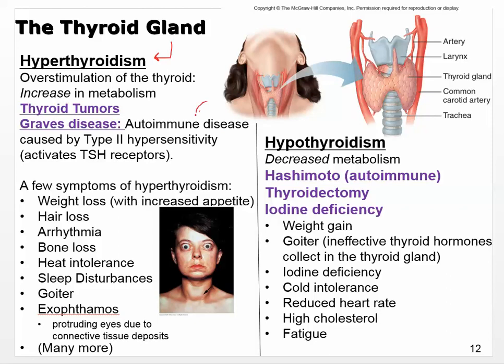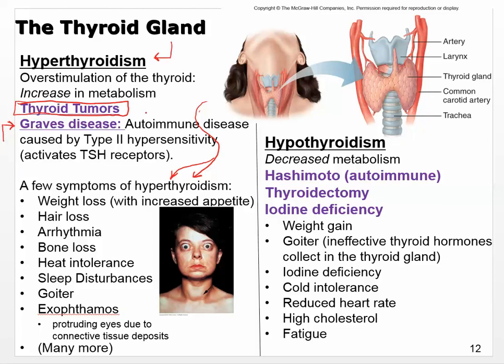Because that's what the manifestation is. The manifestation shows what happens when too much thyroid hormone is released. Okay, so it's the overstimulation and the release. So thyroid tumors can cause this. No surprise there, really. But the disease that you need to be aware of or know about is something called